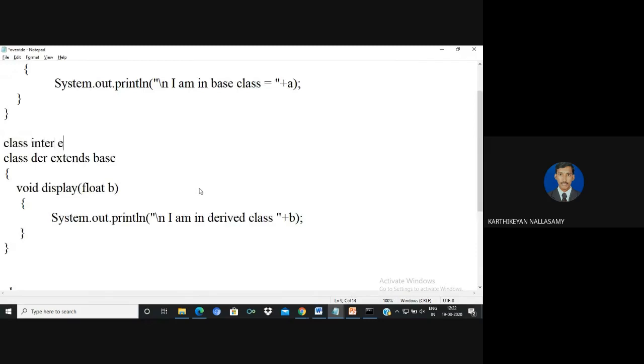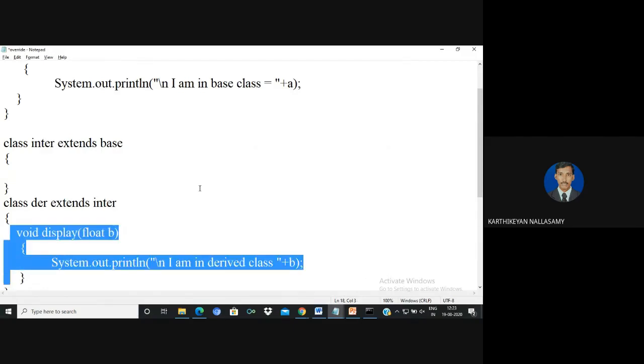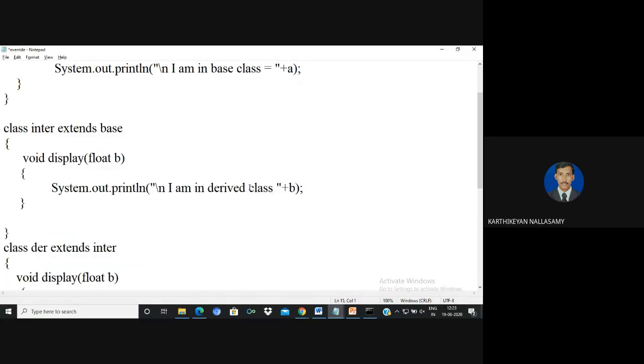And the next thing, I'm going with one more. I'm going to create another intermediate class, extends base. So I'm going to create from intermediate. Here there are 3 levels of hierarchy. I'm using the intermediate class instead of this one.